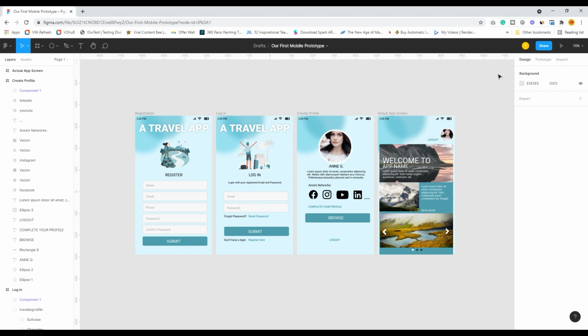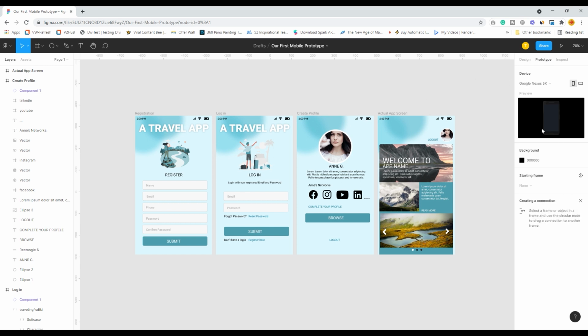So I close this prototyping play now. Let us now jump to the prototype tab just beside the design tab, where we can actually create our wonderful prototype. So I click on prototype and see it shows a preview of your mobile. First thing first, when I click and hover over a particular element, it has a plus sign over here. That is the connecting dot. So from here I want to connect to the